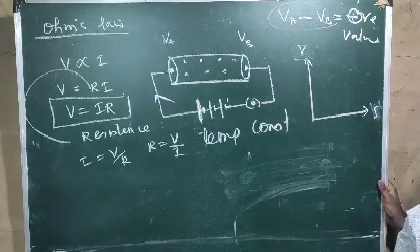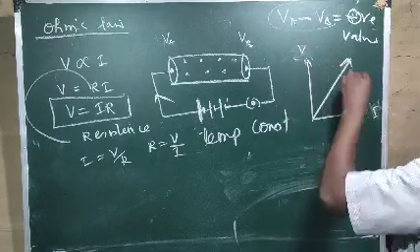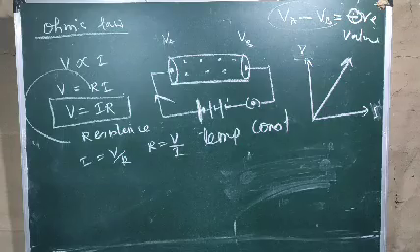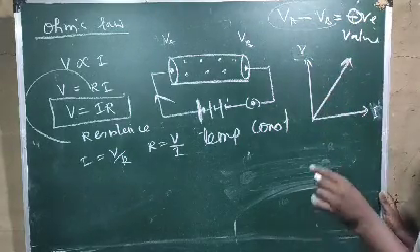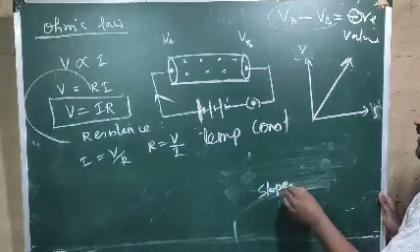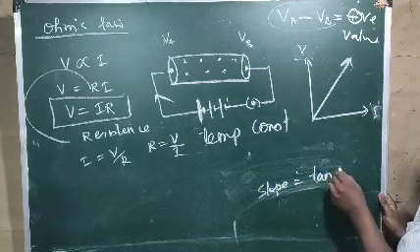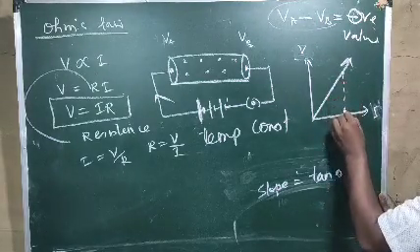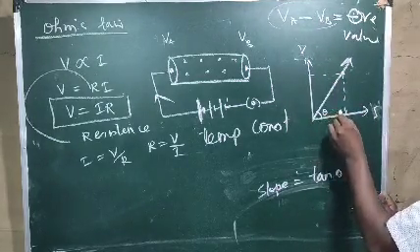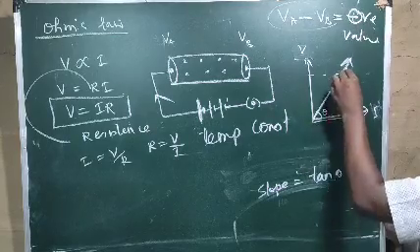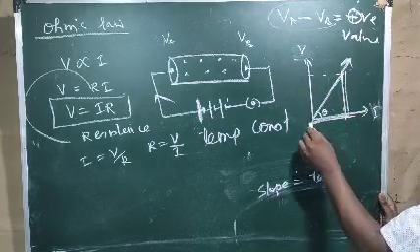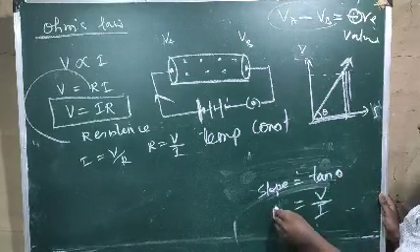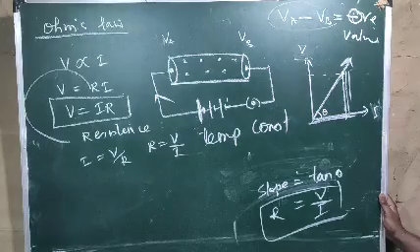When you plot a graph between V and I, it will always remain a straight line. And the slope of this line is nothing but the resistance. What is the meaning of slope? Remember, slope is equal to tan theta. In trigonometry, tan theta equals perpendicular by base. If you take one point here and one point here, this will be theta, this will be the perpendicular and this will be the base in this right angle triangle. So tan theta will be equal to V by I, and V by I is nothing but R. So R equal to V by I, you can see from there.